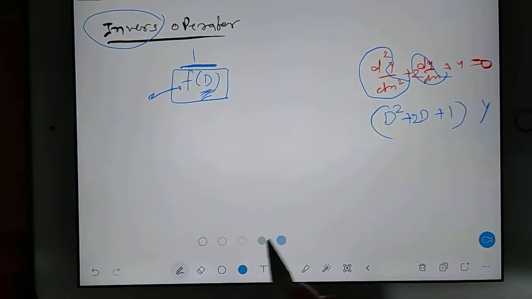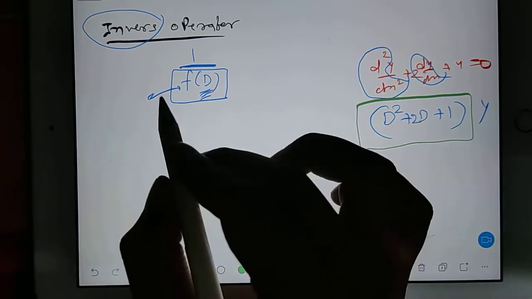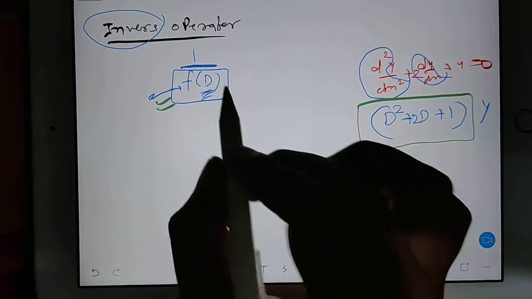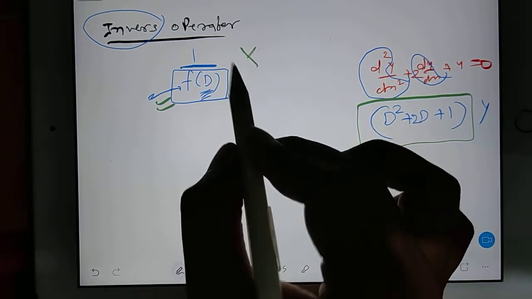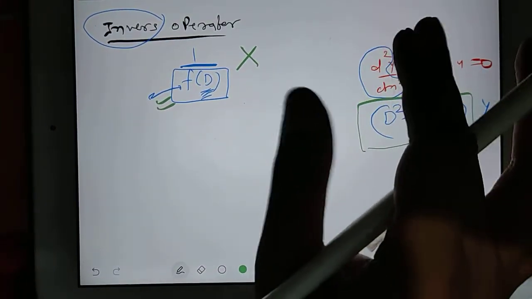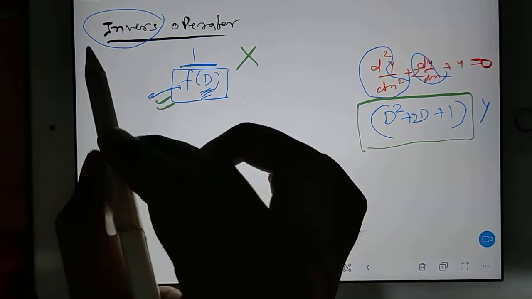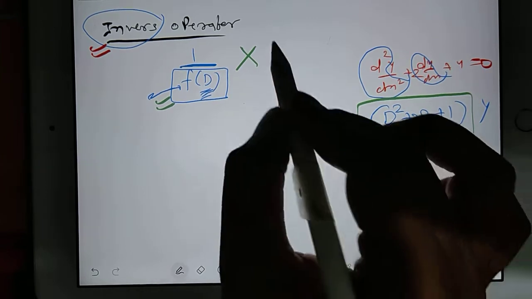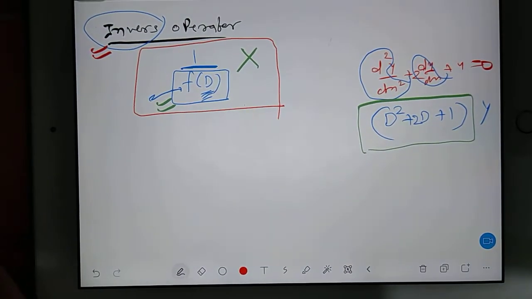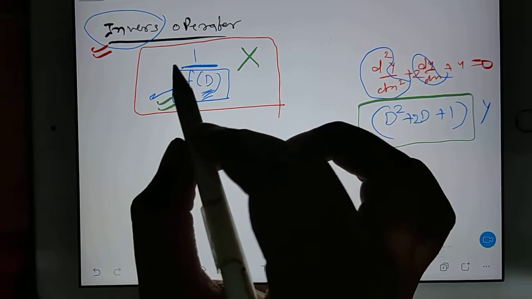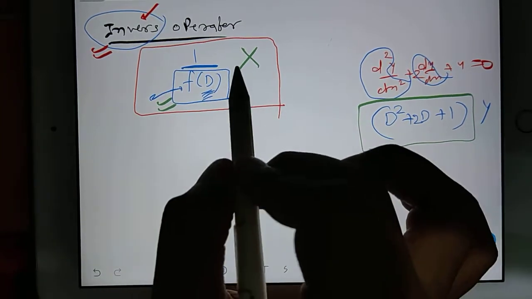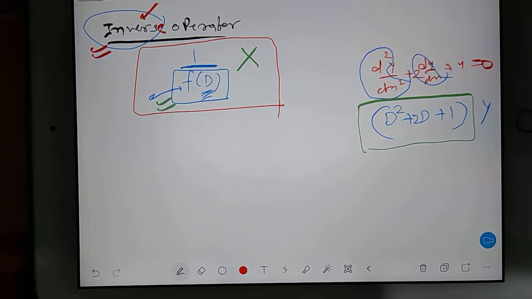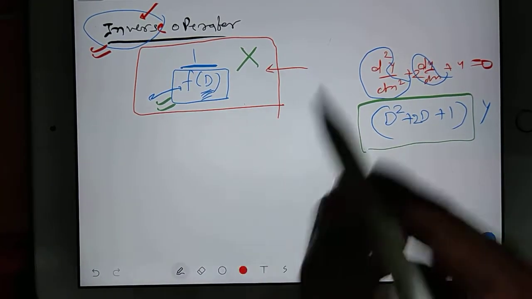So this part alone I am giving the symbol fd. So you have 1 by fd of any function x. Why are we discussing the inverse operator in the beginning itself? Because in almost every question we will land at this stage. That's why, in the advanced part itself, I am explaining that there is something called the inverse operator. In the inverse operator, this kind of situation will appear.